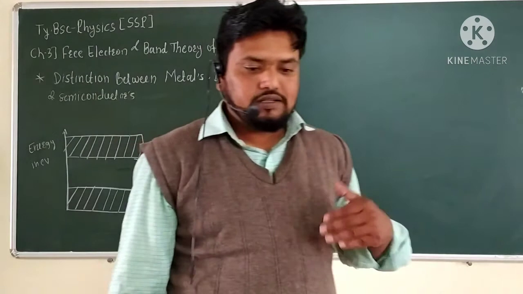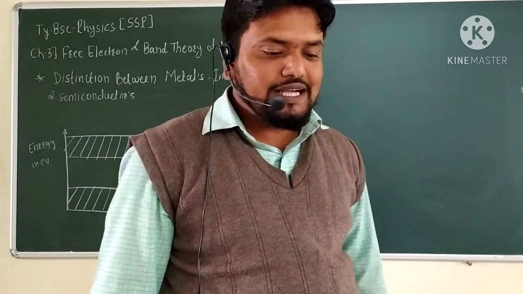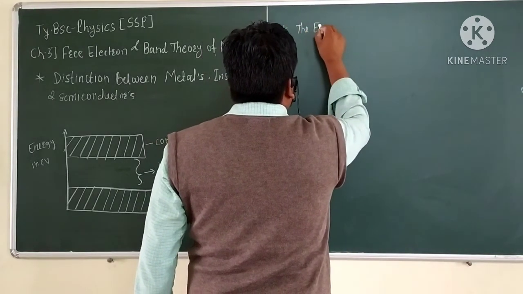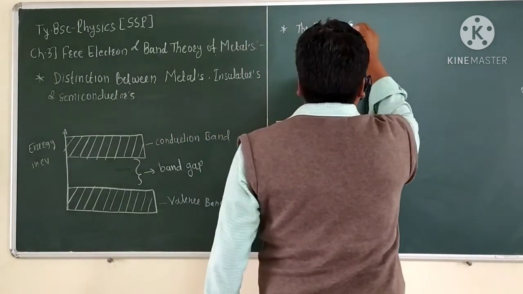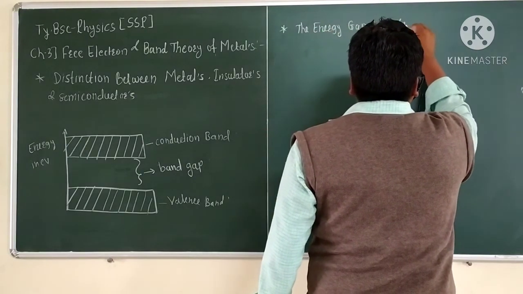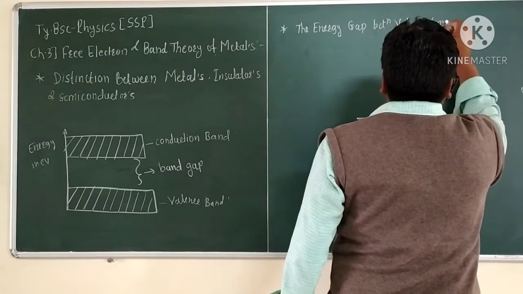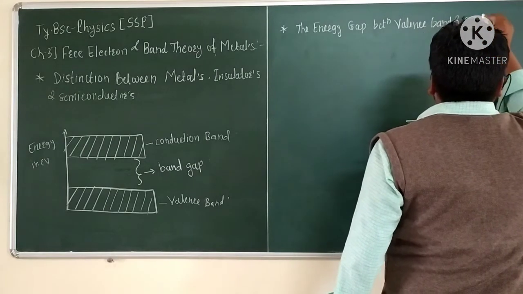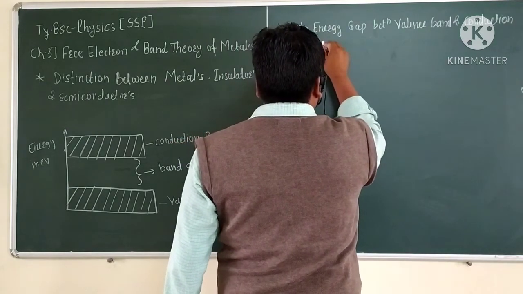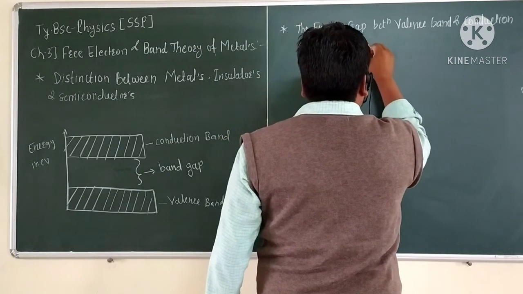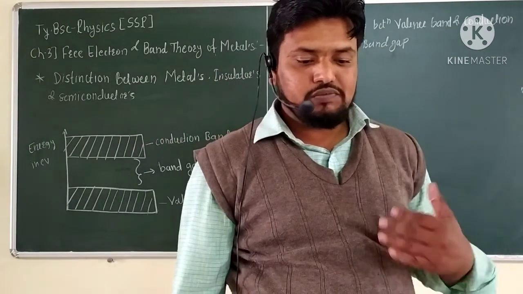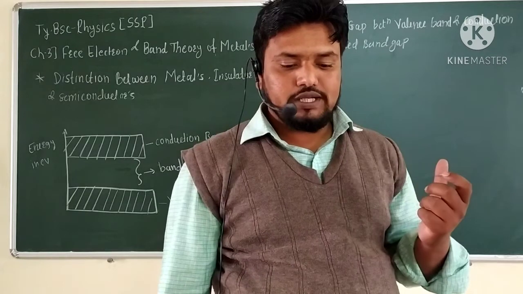So here, the energy gap between the valence band and conduction band is called the band gap. So if we distinguish between these figures, at 0 degree Kelvin,